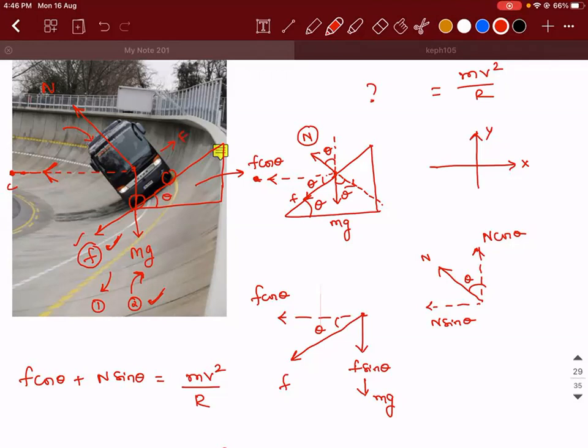So the overall vehicle is experiencing a force due to the engine in the upward direction of the banked road. But who should balance it? Friction. So that is why I took it in the opposite direction. So that is the reason why in this case, it is supporting the motion. Okay, sir. Okay.